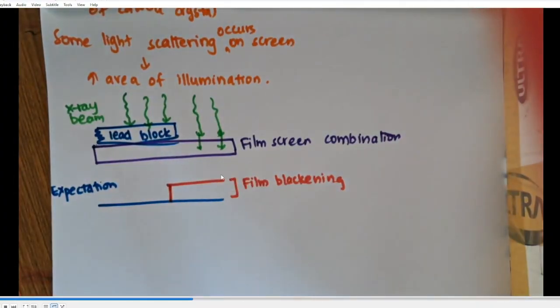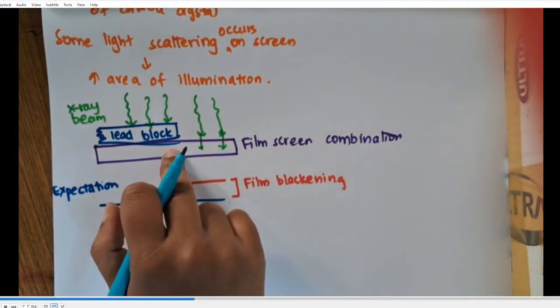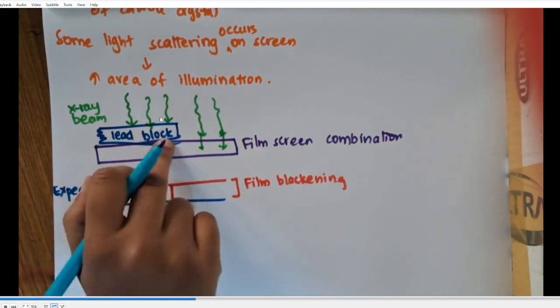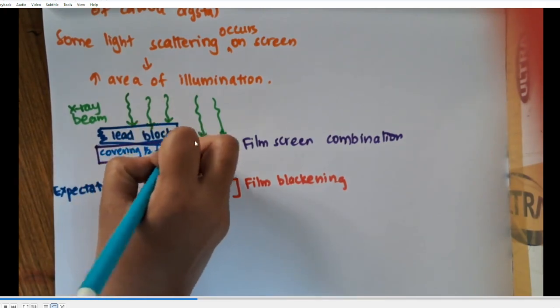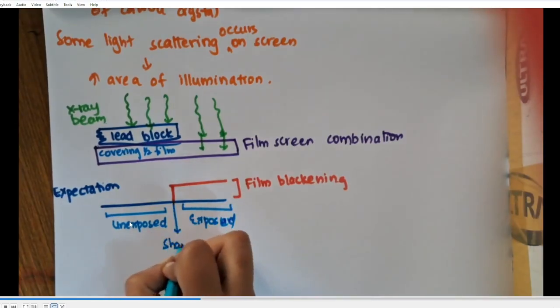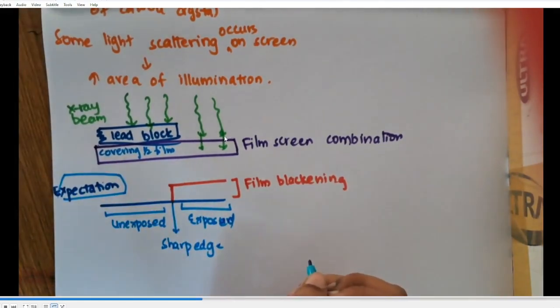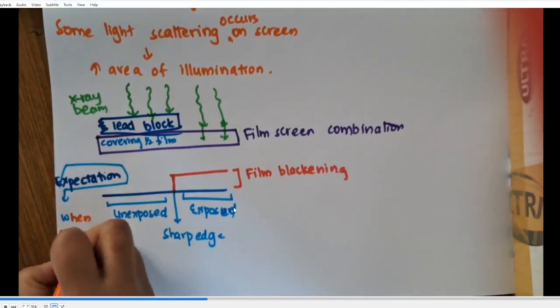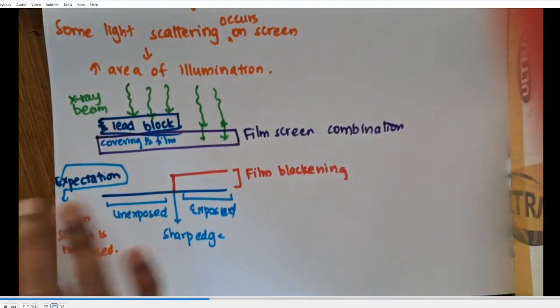So this is the film blackening, and there is a sharp boundary or sharp edge, or sharp line, between the exposed and unexposed areas. This LED block is covering half of the film. So this is unexposed, whereas this film screen combination is exposed, and there is a sharp edge between the exposed and unexposed areas. But when the screen is used,